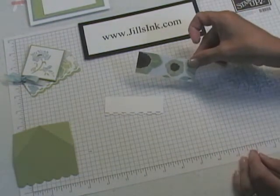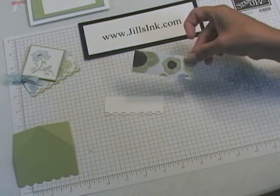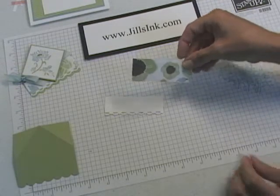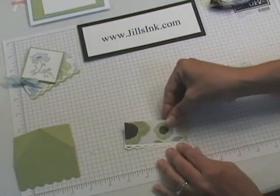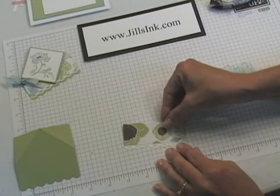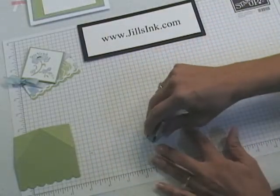Then I'm taking the Greenhouse Gala Designer Series paper, and I just cut this to, I believe that was 1 1/4 inches by 3¼ inches. And then I'm just going to put a line of adhesive along the bottom and adhere this to that scallop border, lining that up. Okay, now I'm ready to go ahead and attach this